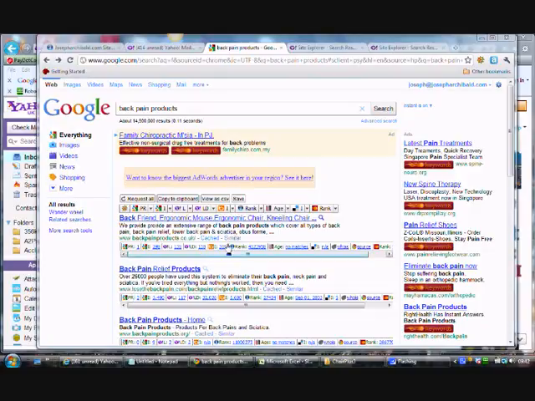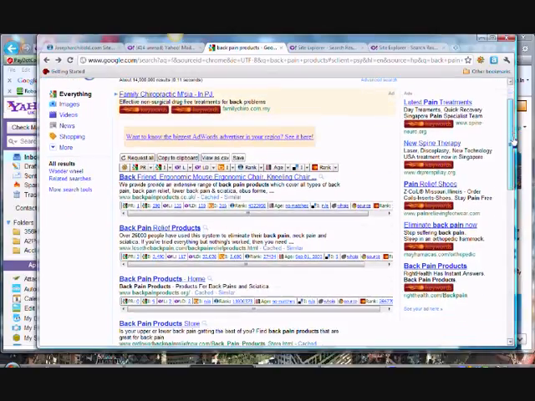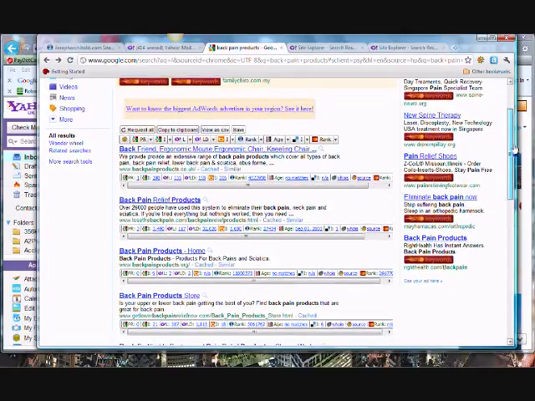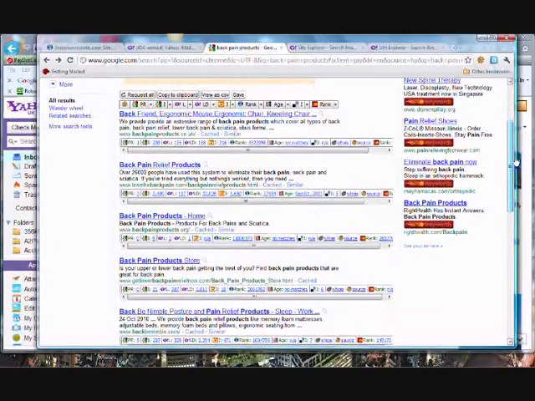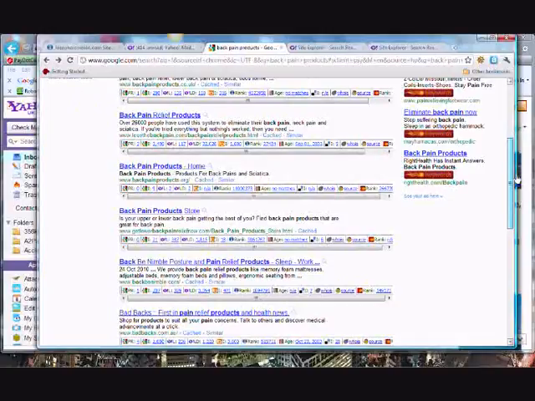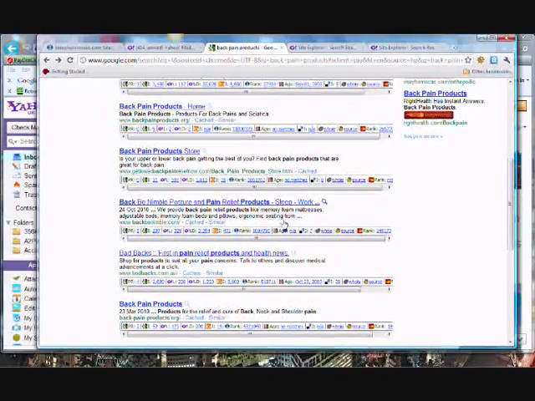As you can see here, just for example, in this top 10 for the search results for back pain products, let's have a quick look down the page. In top spot is a PageRank 1, second spot PageRank 3, third spot PageRank of 0, then a 0, then a 5 there, and then a 4 here, see what I mean? So that kind of shows to some extent that it's not about the PageRank. It has a lot to do with the links coming in, and make no mistake about that,